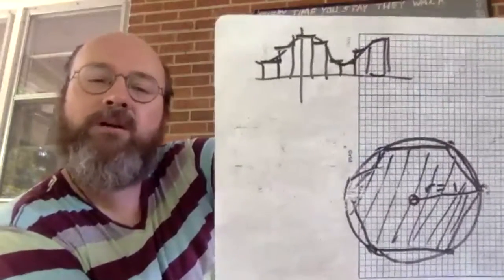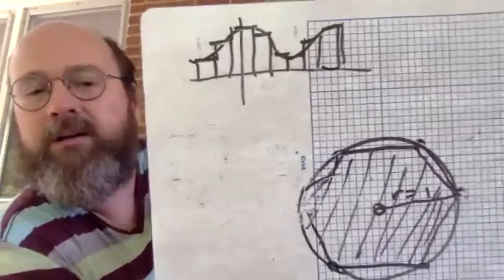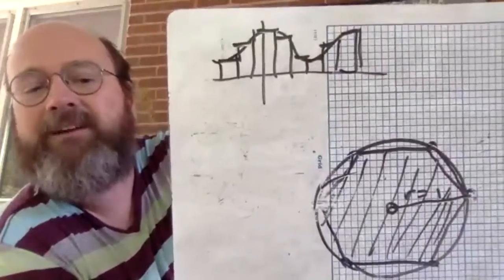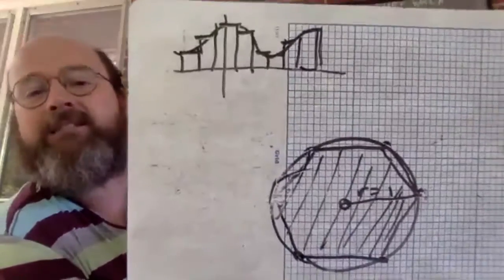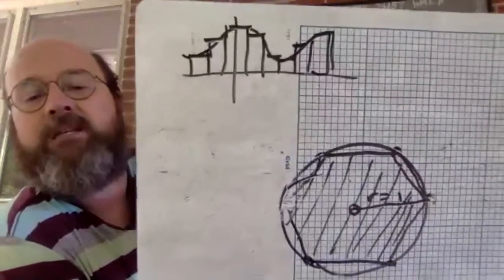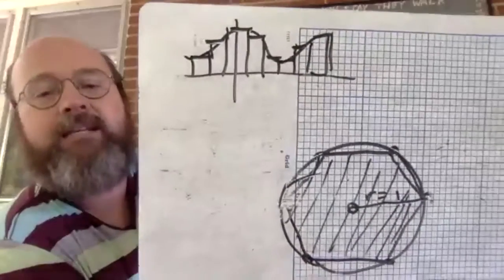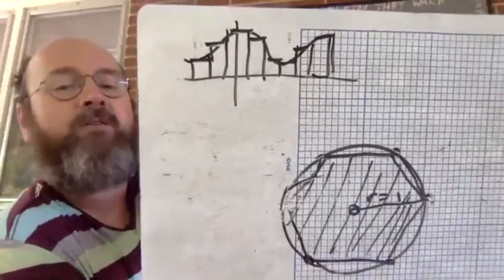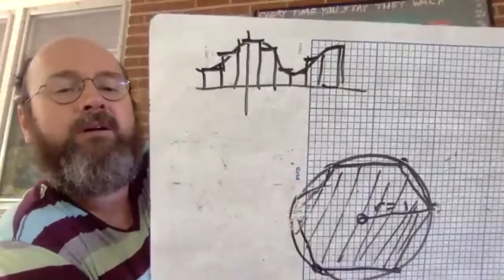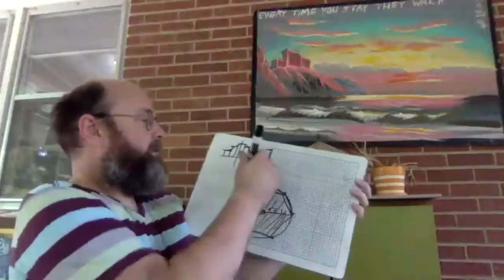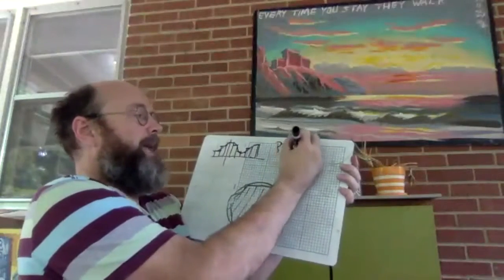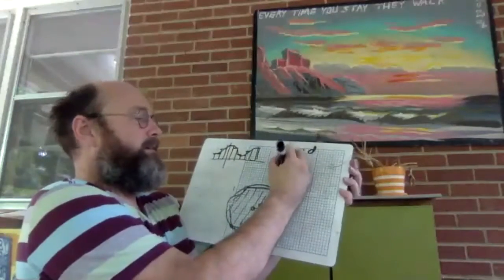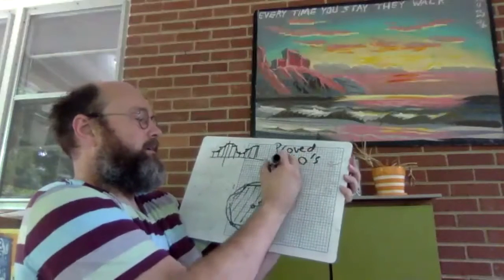Does it feel true that this could work? Well, you're like, yeah, teach, we just took calculus the whole semester. But if you didn't take calculus, it's kind of doubtful that you could make those exactly equal. Can you exactly make a bunch of rectangles equal that curvy line in that area? No, not without calculus. So in any event, this was actually proved in like the 1860s or something, I think,